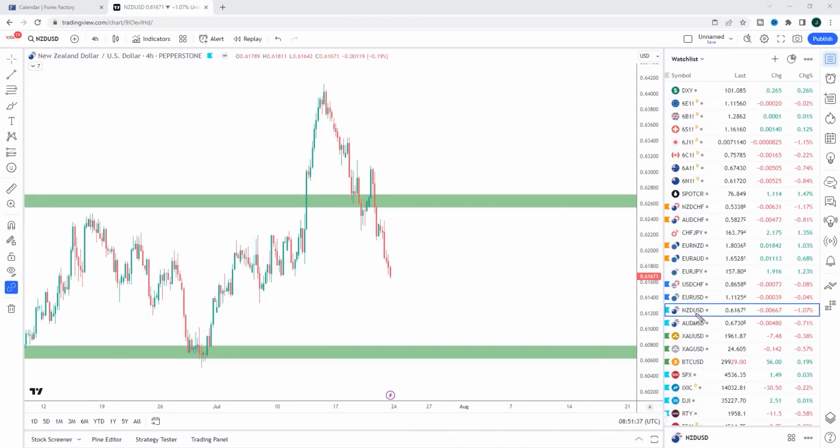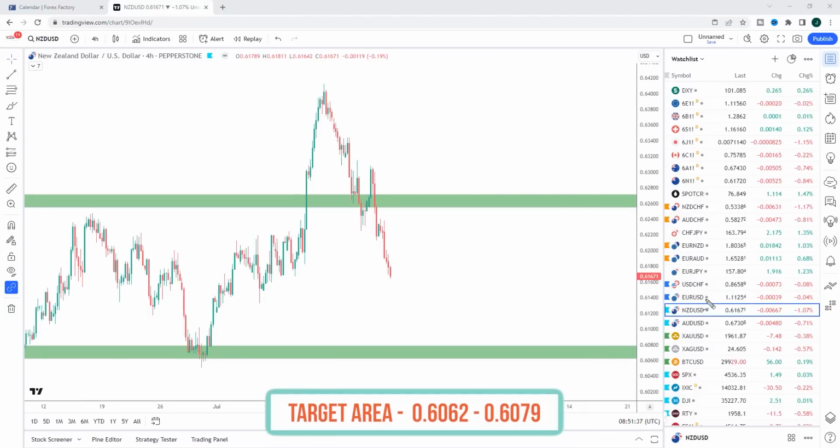And the final two markets are New Zealand dollar and Aussie dollar, and both of these will be based on dollar strength. So if we get a more hawkish than expected FOMC and we see a rally in the dollar, we'd be looking at one of two things. Either we get the breakout intra-week from FOMC, and then any pullback is the opportunity to look for shorts into the